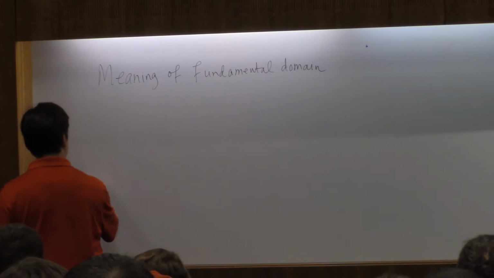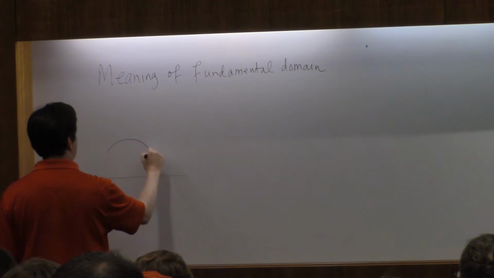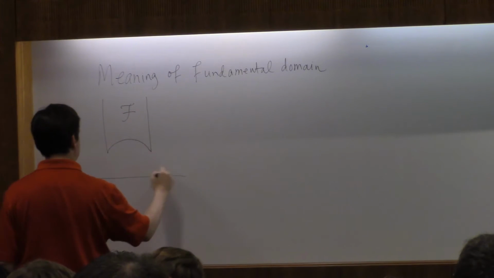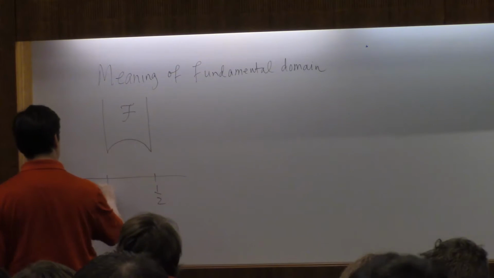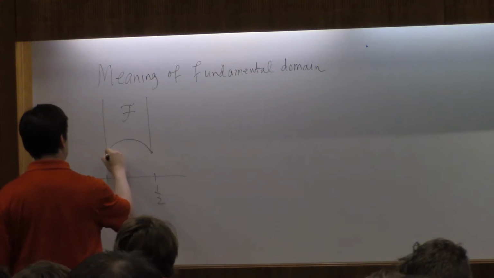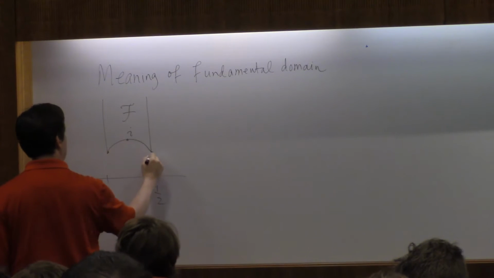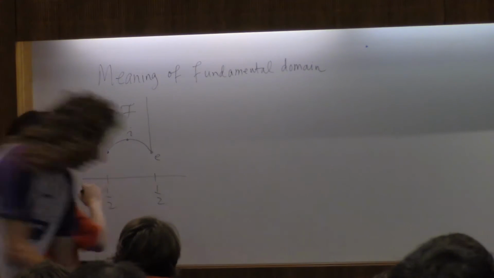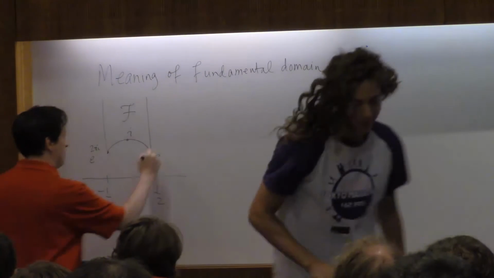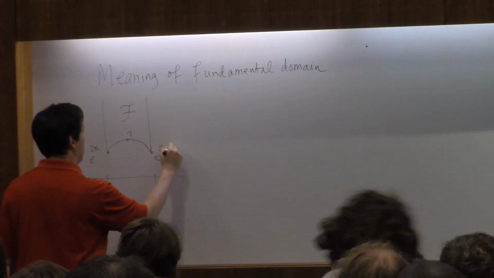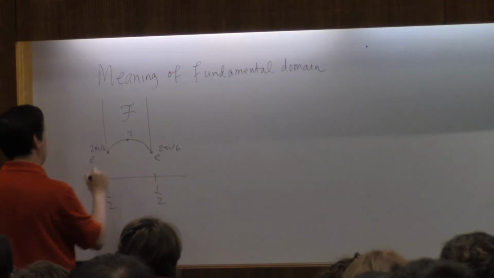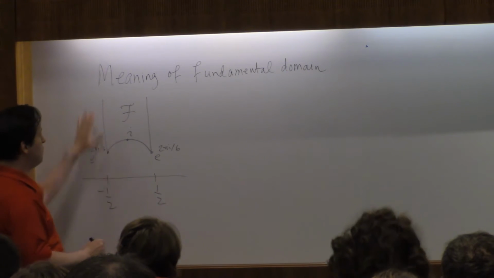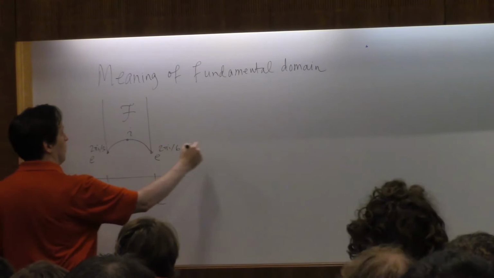So, I had said that the fundamental domain for this is the unit circle. This is e to the 2 pi i over 6. This is e to the 2 pi i over 3, minus a half to a half. So this is height root 3 over 2. So this is the fundamental domain